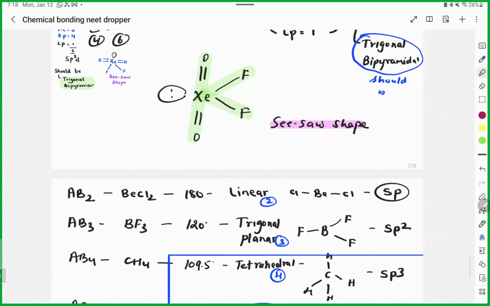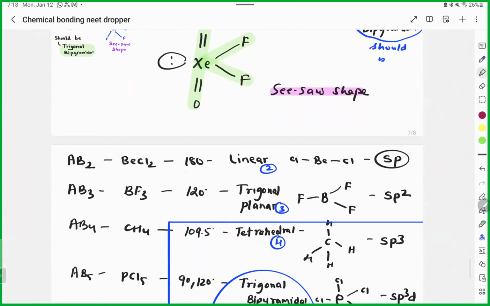Okay, so again I wrote the same thing. For example, if you have this compound, the bond angle is 180. In this case the shape is linear, your hybridization number is 2, and this angle is 180 degrees. Then if you take BF3, the angle is 120 degrees. How do we know? See, this is 120, this is 120, this is 120. Remember one thing: whatever the compound, if the hybridization number is 2,